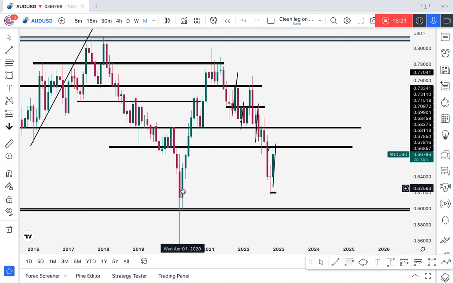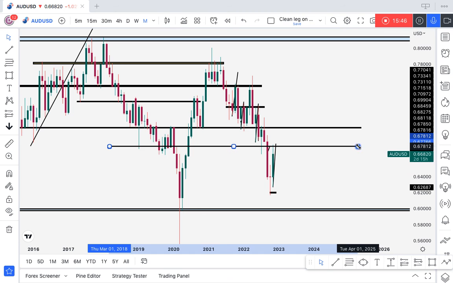So now, during all that pullback of DXY, you can see we were falling previously. Then DXY decided to pull back, and you can see on the monthly time frame we are bullish, coming back to retest this whole level. So this is a break and a retest. Like I said, if we fail to sustain below this point, then my general bias changes. Very, very simple.